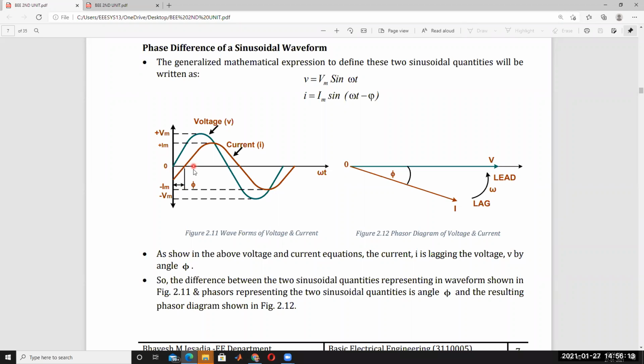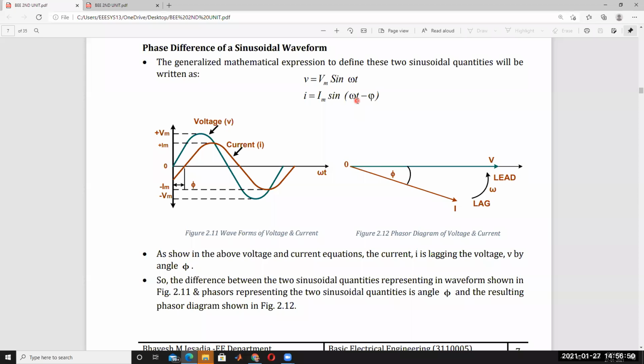Understood? Voltage leads the current by pi degrees, or current lags the voltage by pi degrees. Because of I is equal to Im sin omega t minus pi degrees, that's why the current is lagging. In this way we have to express it. If you are taking voltage as a reference, at 0 degrees, voltage as a reference,